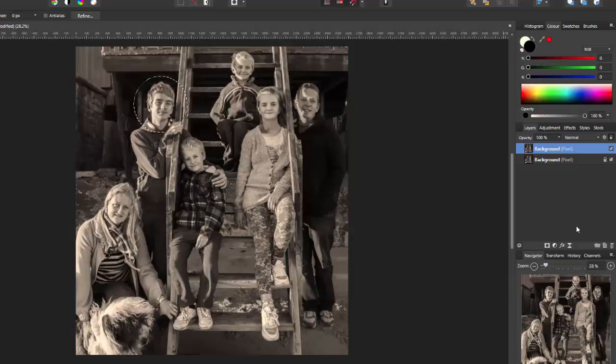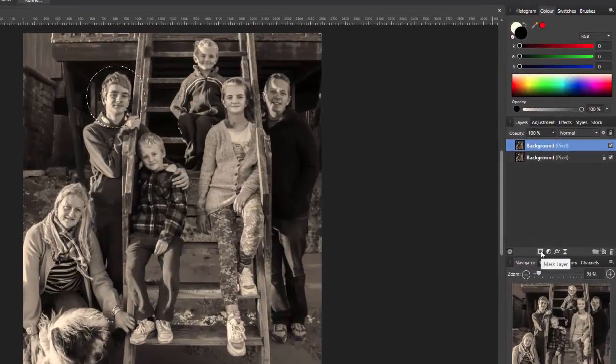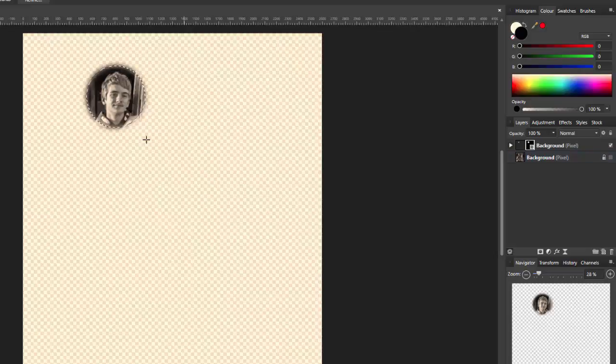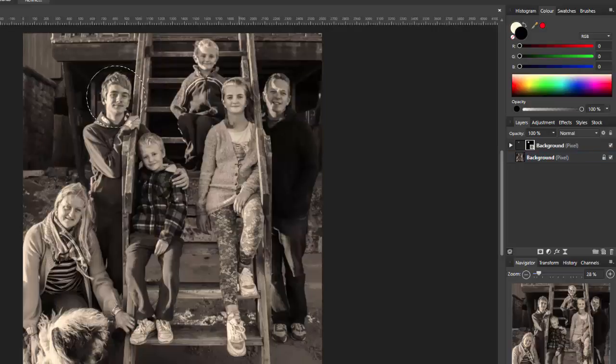So all we need to do now is add the layer mask, and the layer mask icon is this one here, the first one in this row of 4 here. So just click on that. Now you won't actually see any difference because the background image is still visible. So if I hide that, then that is how that looks without the background image. So I will make the background image visible again, and I'm going to move this circle over someone else,